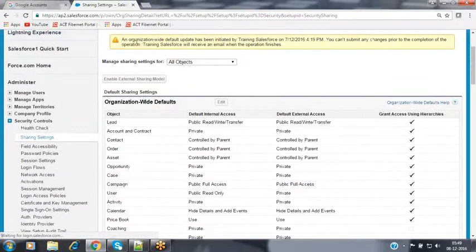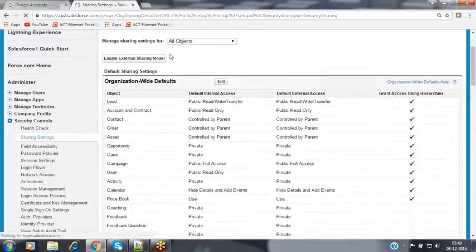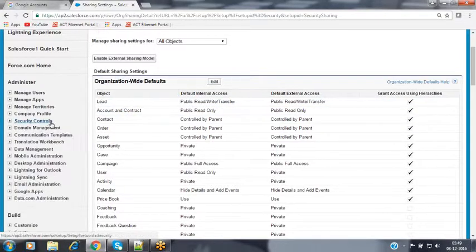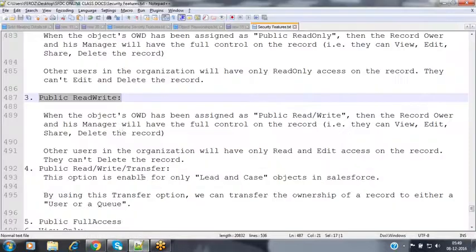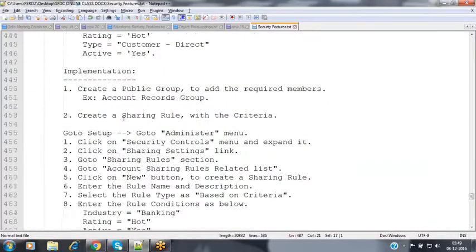Now the OWD request is still in process. Let me refresh. Now our request has been processed, and Salesforce has made our account object's OWD public read only. Now let's log in as a user, create a record, and observe what happens. We have our own users in the hierarchy.